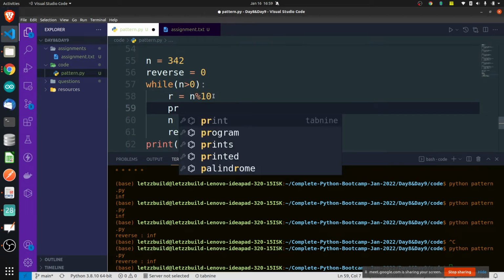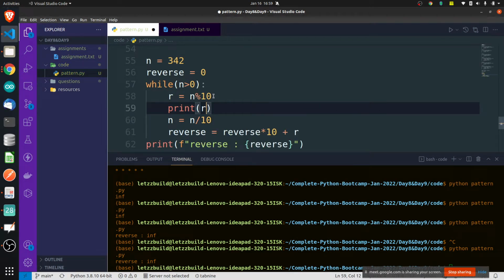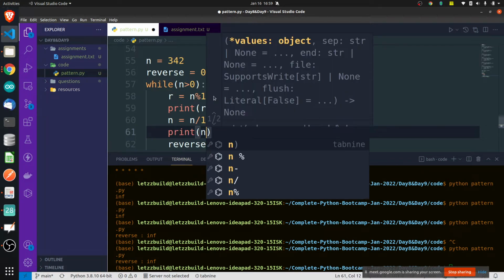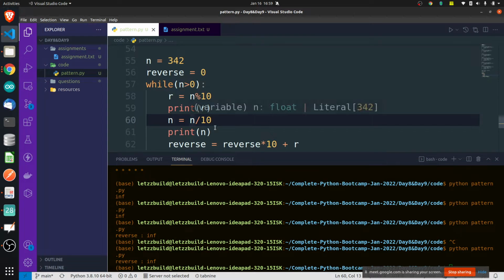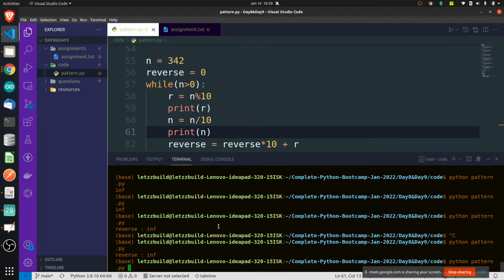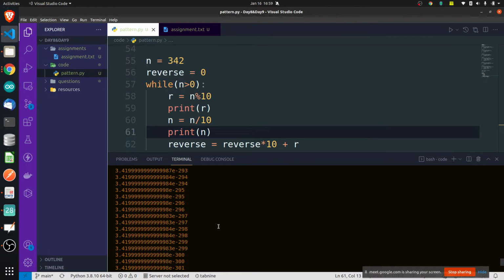Let's print and see this. Print R. I'm making some mistake somewhere, I feel. n is equal to int of n by 10, because n will give you the floating value of that division.